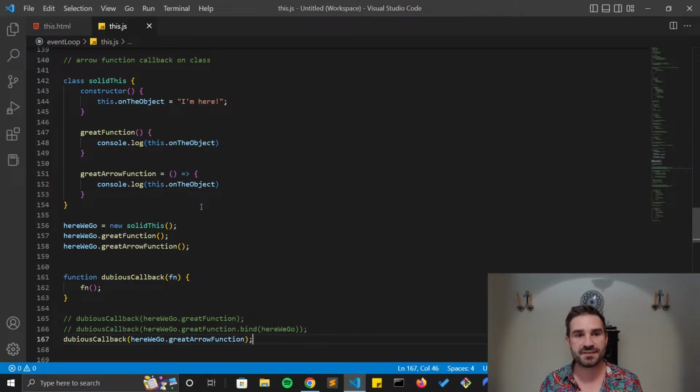So I finally got it through my thick skull as to how it works. We're passing this great arrow function to the callback. It's getting called without a context, so it's kind of global, and obviously if that was a great function, as we learned earlier, there's no context, there's nothing left of the full stop, and it's not been bound or anything like that. So it's just going to say this is global, undefined, whatever. But for an arrow function,